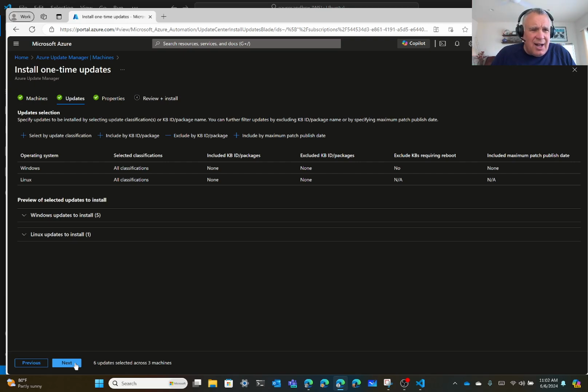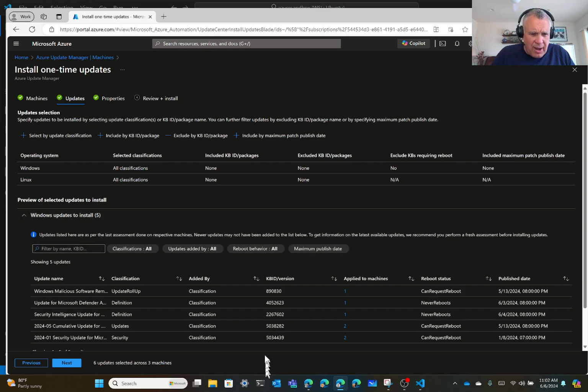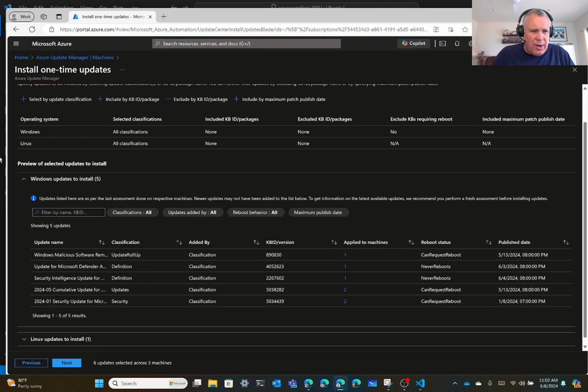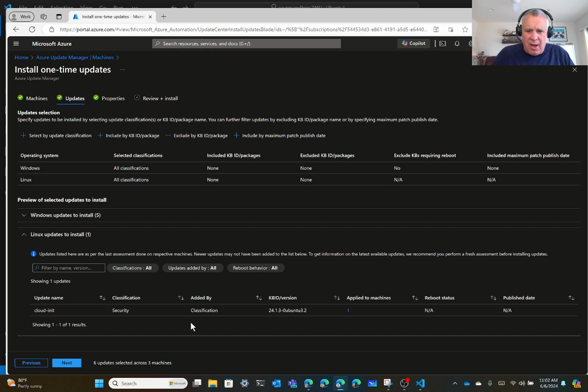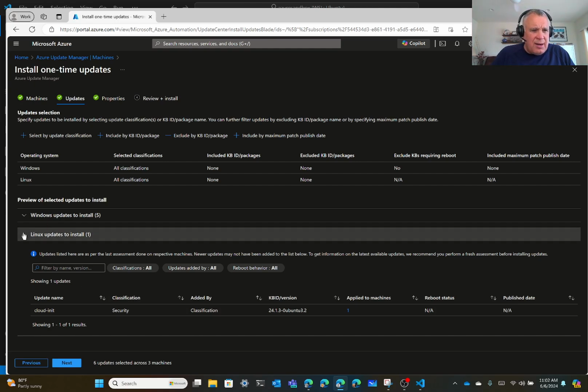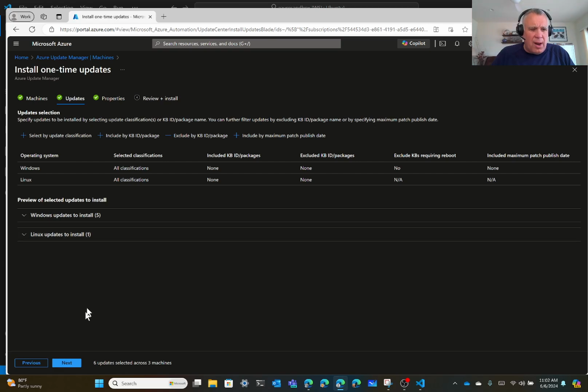And I can go and interactively select which patches I want to deploy. So I get a list of them here. There's like 5 different patches on the Windows side, and there's 1 patch here on the Linux side that can go out from. So what I'm going to do is just go ahead and take the defaults,